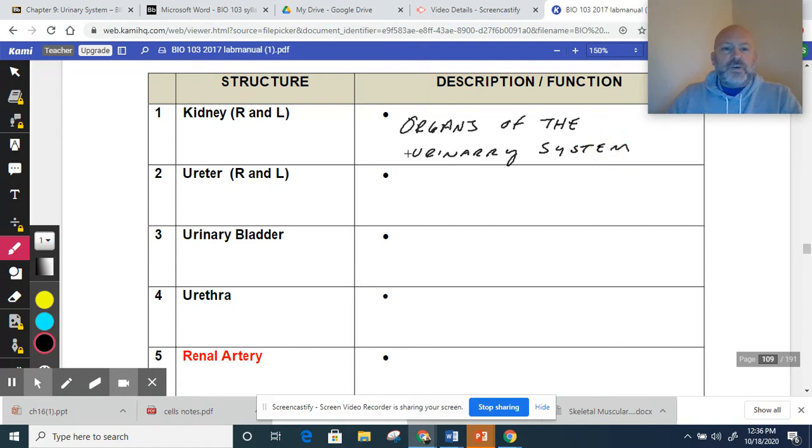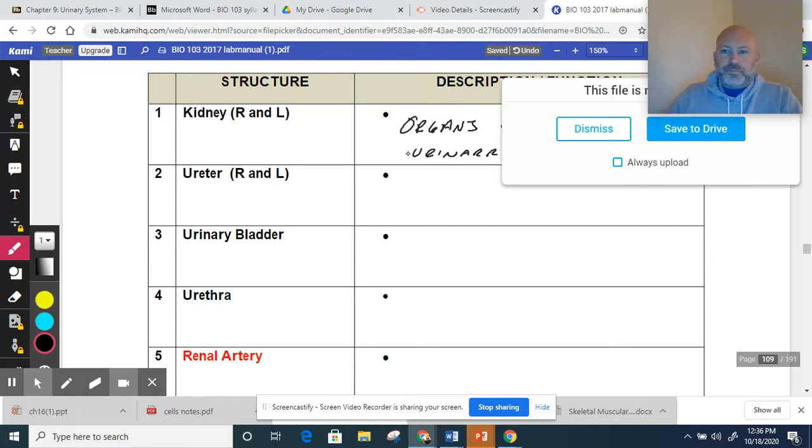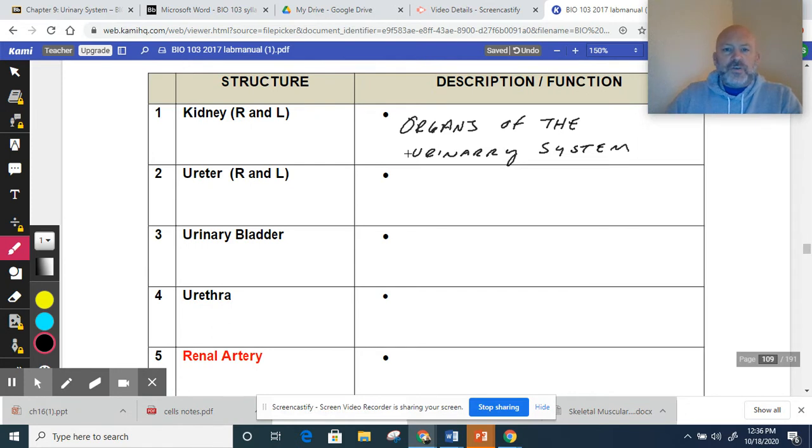And the ureters, we have ureters on both sides. And what are the ureters doing? They transport urine from the kidney